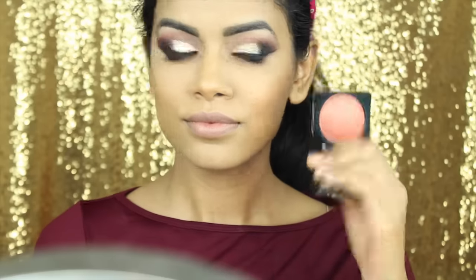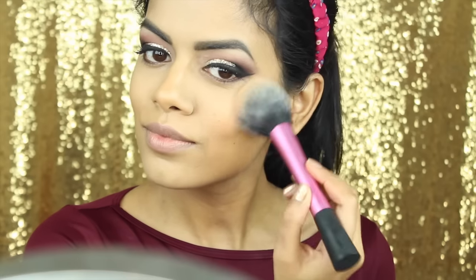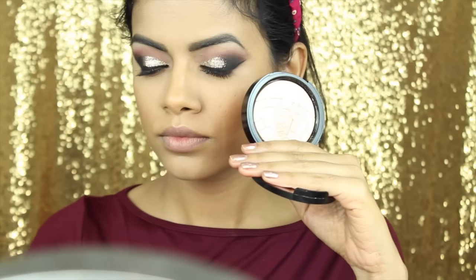So for blush, I'm going to be taking this NYX blush in Ignite, and I'm taking this Real Techniques blush brush and applying this. And this brush was sent to me from Octali, and it's amazing. It's so fluffy, and it just adds the perfect amount of blush without going overboard. I love it. And then for highlighter, I'm going to be taking Anastasia So Hollywood and applying this with a